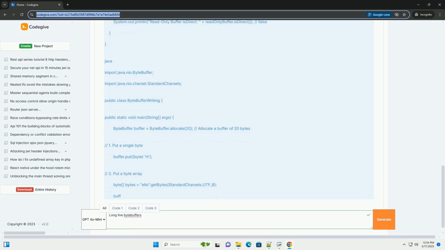2. Types of byte buffers. Java provides two main types of byte buffers. Heap byte buffer: this is the most common type. It allocates the underlying byte array in the Java heap, just like any other Java object. Heap byte buffers are easier to use, but data transfer between the Java heap and native I/O operations can introduce overhead due to copying. Direct byte buffer: this type allocates the byte array directly in system memory, outside the